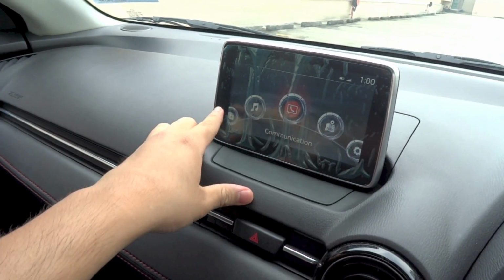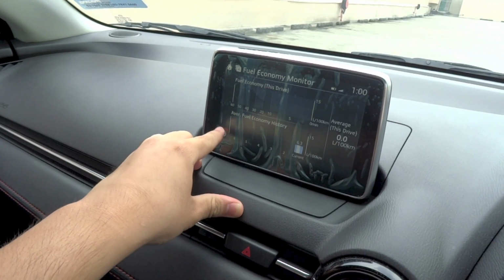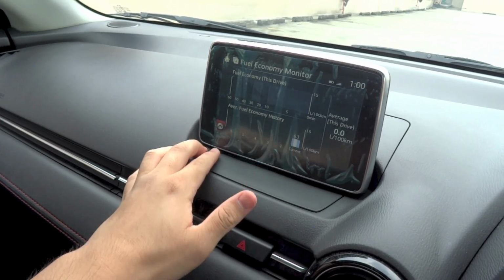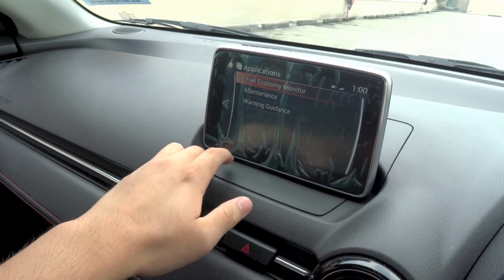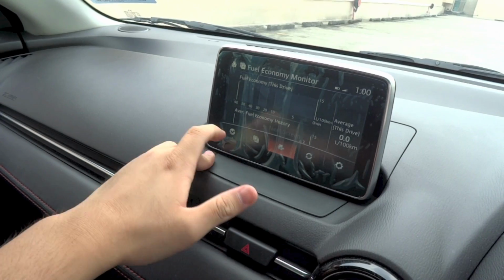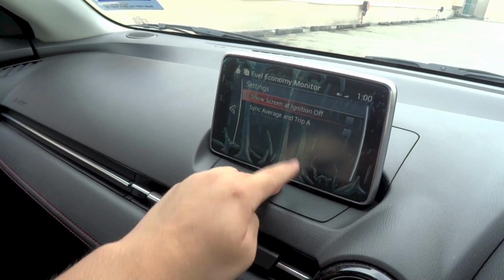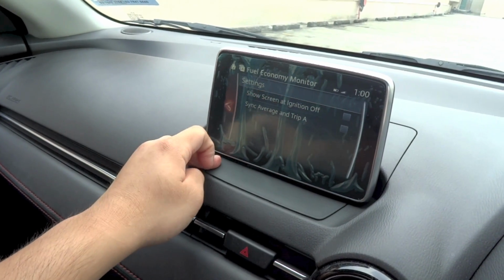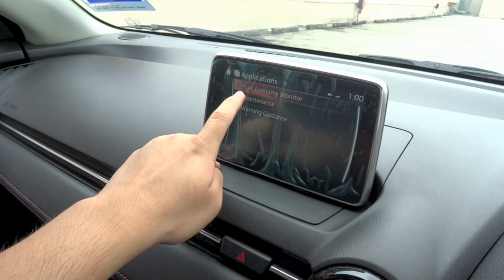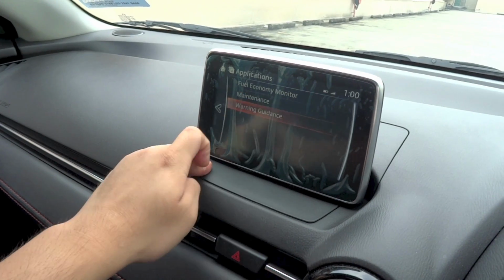Let's start with the menu that's on the far left, and that is your applications. Right here you can view your fuel economy monitor, bring up a row of menus just by pressing this button. You can go back to the previous menu, go to the next menu, reset the system, and bring up a list of settings. Your maintenance information, warning guidance,